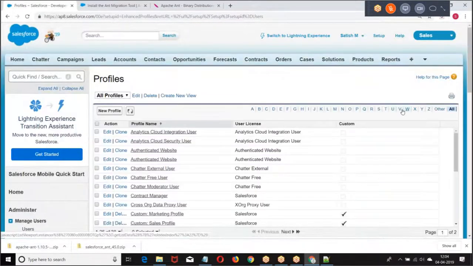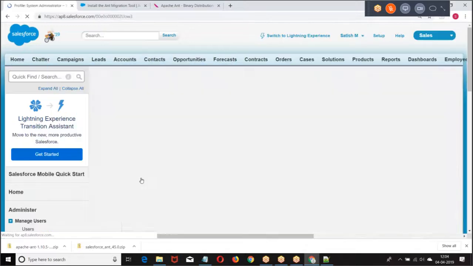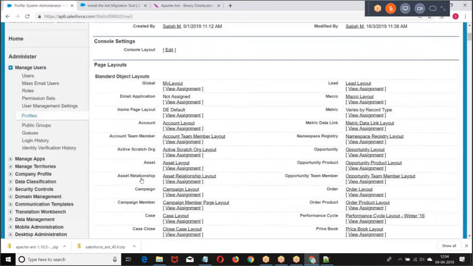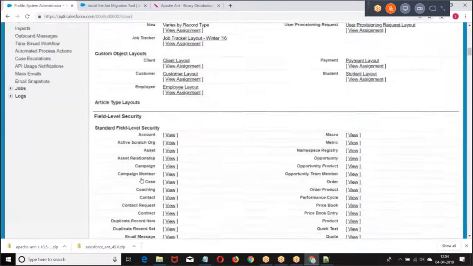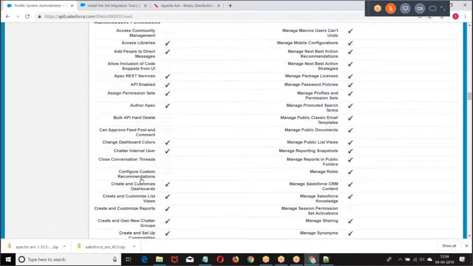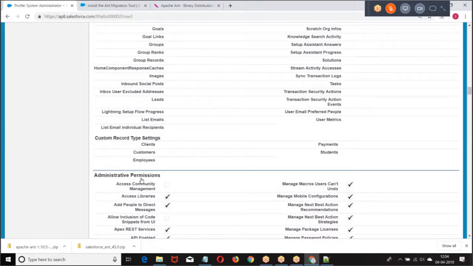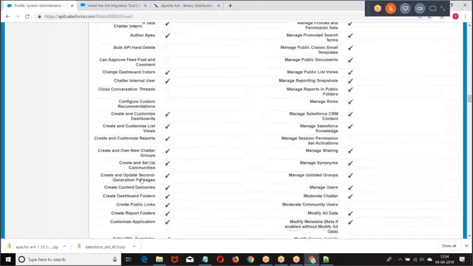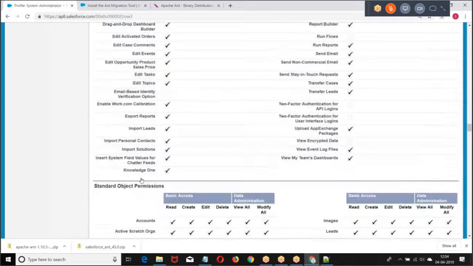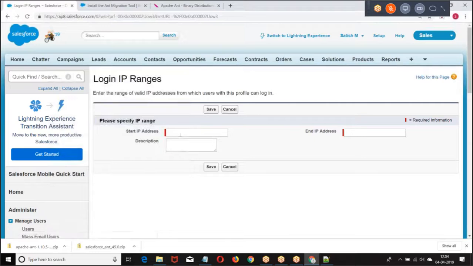If the profile is not allowing all IP addresses, what are we supposed to do? Password plus security token. If you want to avoid the security token, I can put my IP address in network access. Then there is no need of giving any security token.